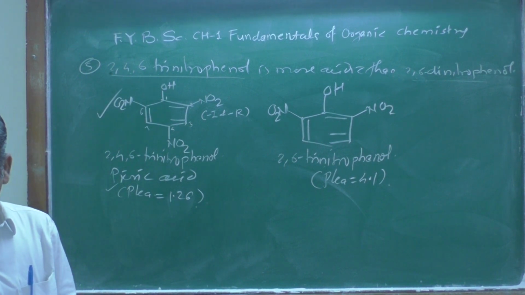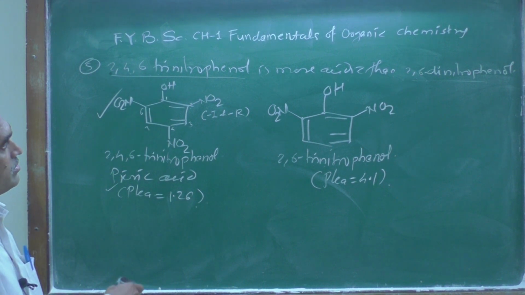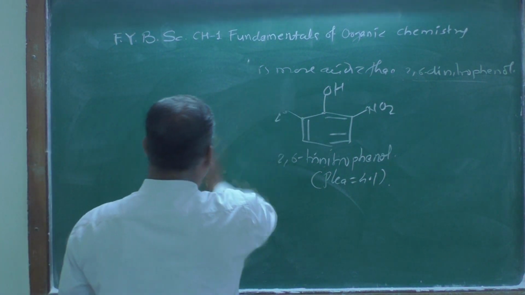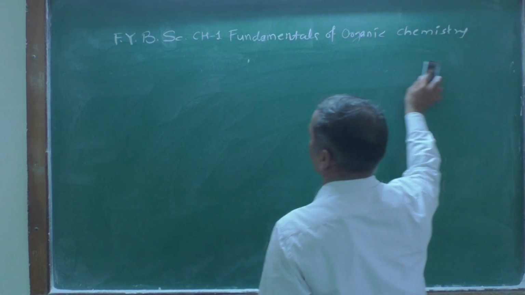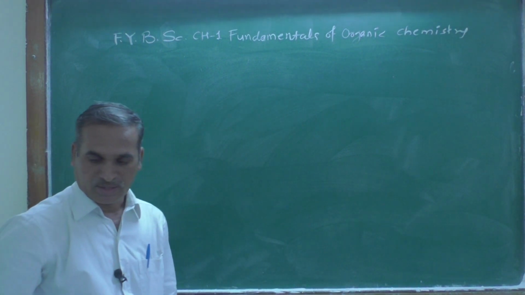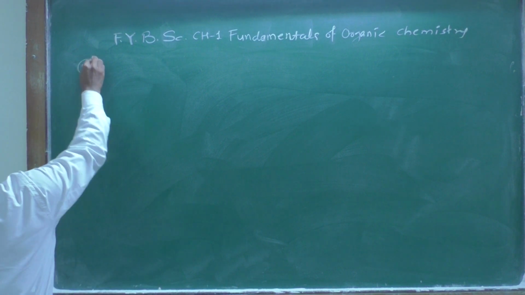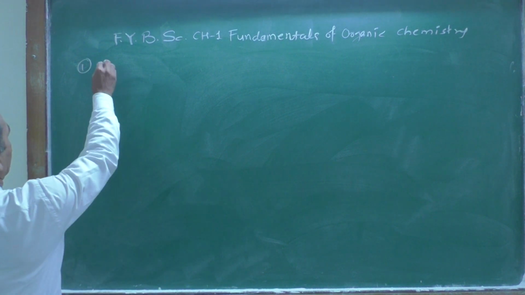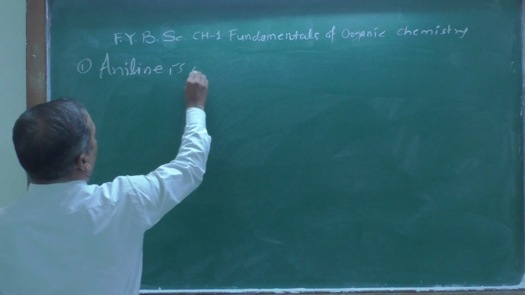Now let us move on to the next one. Now we are going to learn about the resonating structure, the application on the basis of bases. Now let us look at some of the aromatic bases. First application on the basis of bases: aniline is a weaker base than cyclohexylamine. Remember here, aniline is a weaker base